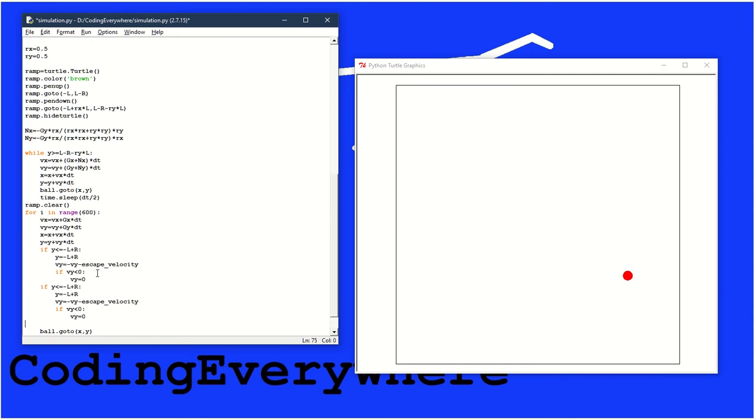So we will check this time if x is larger or equal than the x of the right wall less the radius of the ball, and if that's true, we'll have x equal L minus R. So we'll put the ball on the right wall, and then Vx will be changed to negative